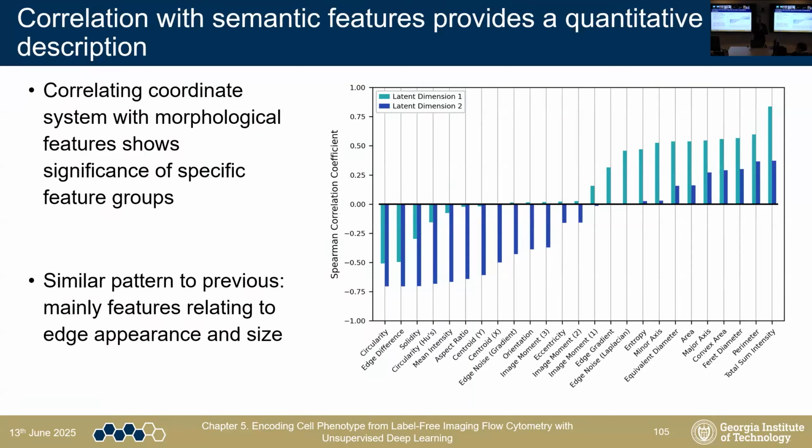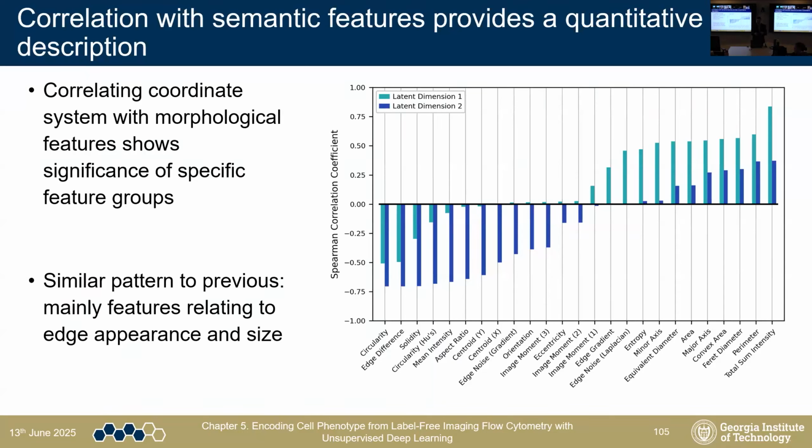So we actually can do a more quantitative scoring of how the different latent dimensions correlate to physical parameters that the ARTiMiS measures. This slide wasn't included in the main part mostly because it was rendered for print, and so the text is kind of small. But if you squint at it, you can see that there are different specific measurements that have semantic meaning. So circularity is how circular it is, and there's a mathematical formula for that, et cetera. And so this is a Spearman rank order correlation comparing each of the two latent dimensions, that's the cyan and the blue respectively, against some of the features that ARTiMiS measures. And like you said, subjectively, some of them are bigger and some of them are fuzzier, et cetera.